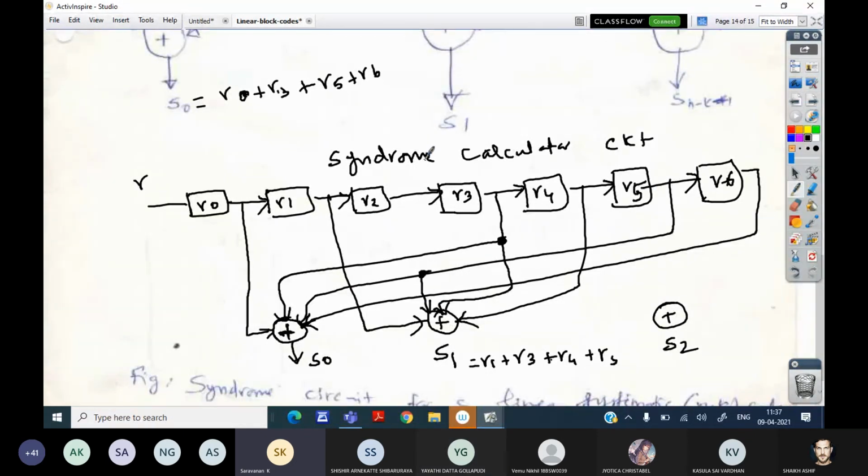So this is clear, the syndrome calculator. You remind me tomorrow, I can take Hamming code, I should teach it. I may forget. Should I define what Hamming code means now itself, or tomorrow? I think tomorrow I can tell you.